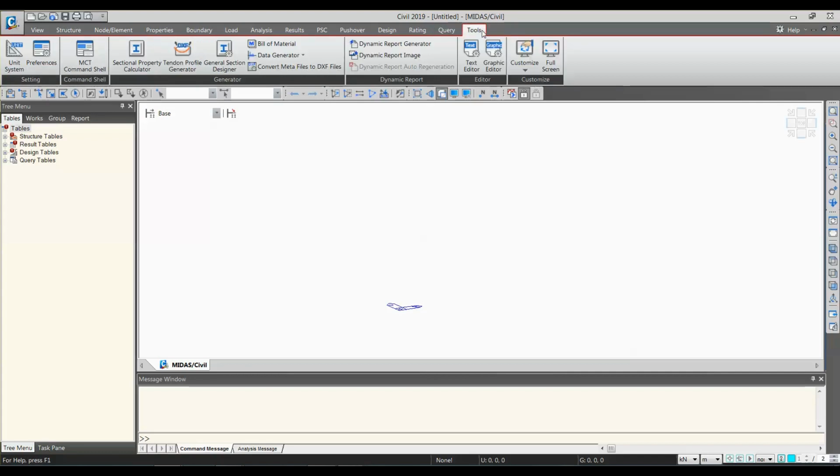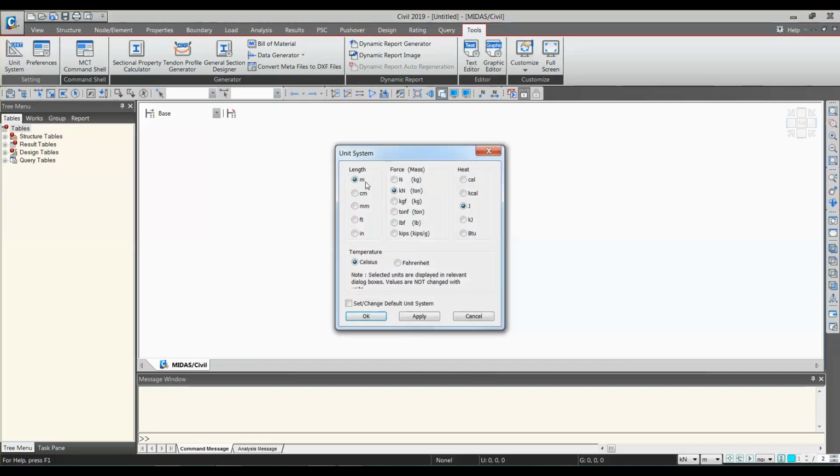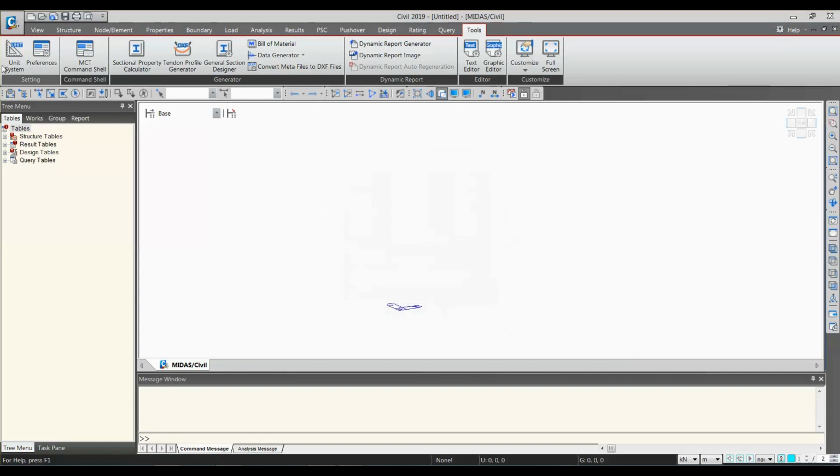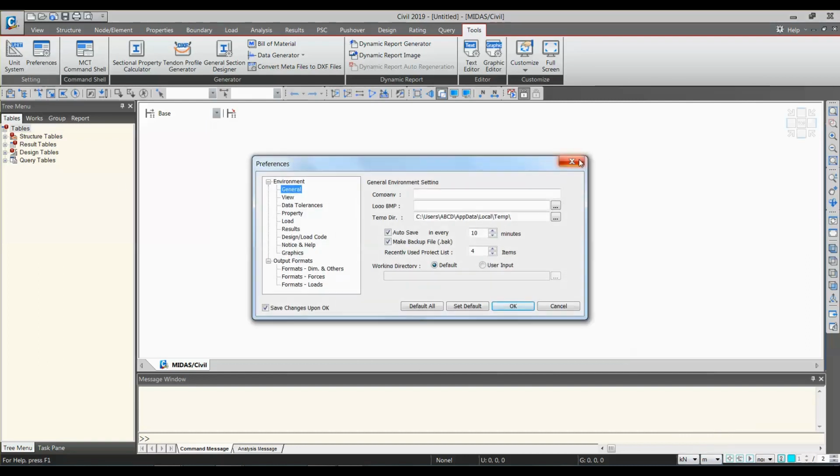Then coming to the tools, so here basically you set your unit system first: length, force, heat, and temperature. Okay, and actually units are present at the right hand bottom side of your screen as well. Okay, here there is a length force unit as well as the length unit, but for heat and temperature you can go to tools and unit system.